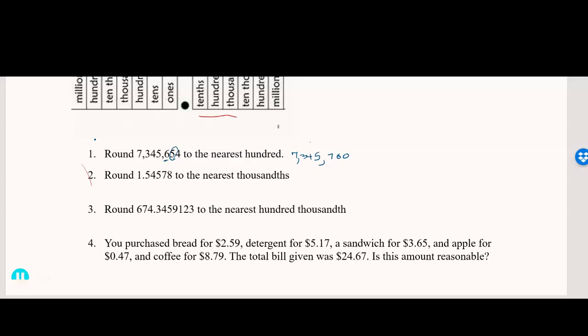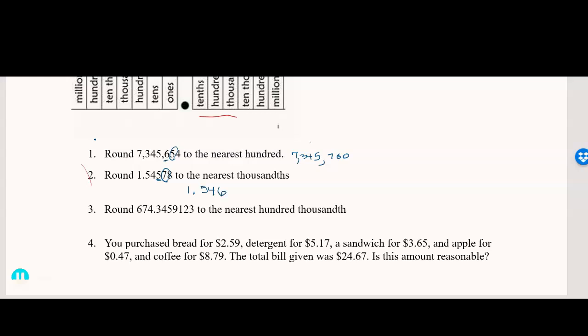Look at number 2. It says round 1.54578 to the nearest thousandth. All right, the thousandth place, I'm underlining it right here, is that 5. That means we're going to look at the 7. The 7 is definitely more than 5. So that means we're going to round the 5 up to a 6. So my number would be